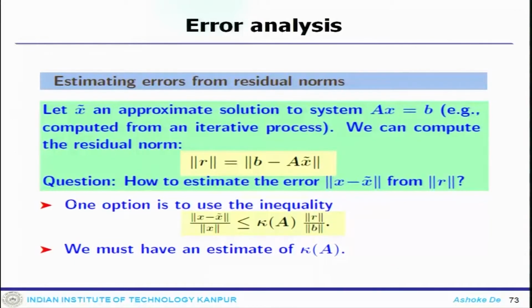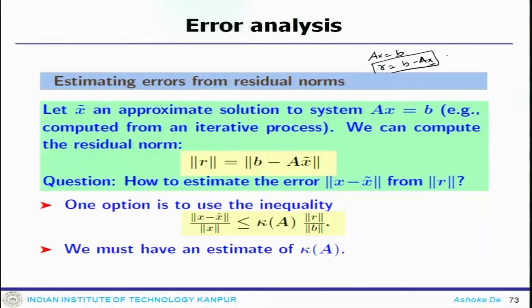Now, it comes down to the stage where you get the errors from the residual norms. Residual means when you are solving Ax equals b, the residual vector would be b minus Ax, and this information is quite handy while dealing with different kinds of iterative solvers, where you need to check the convergence level and see the error slowly reducing, so that you get close to the exact solution. And how do you estimate that error from the residual norm?